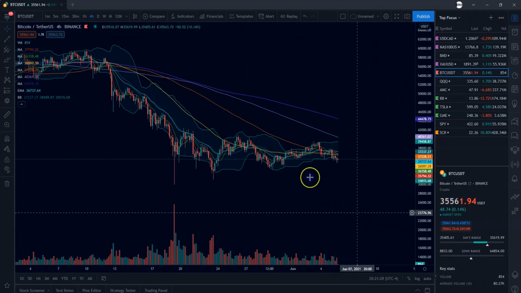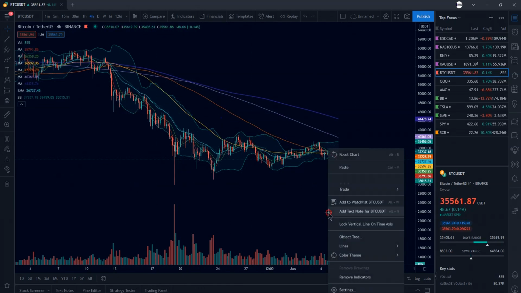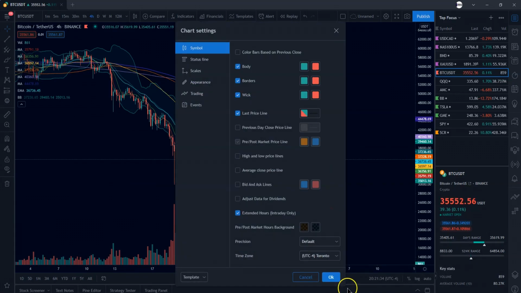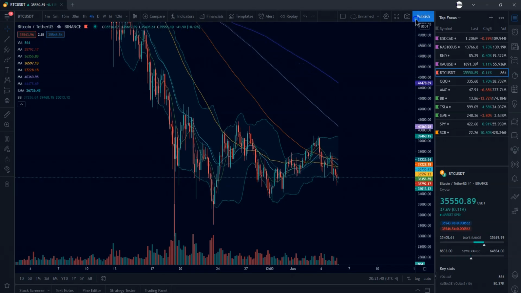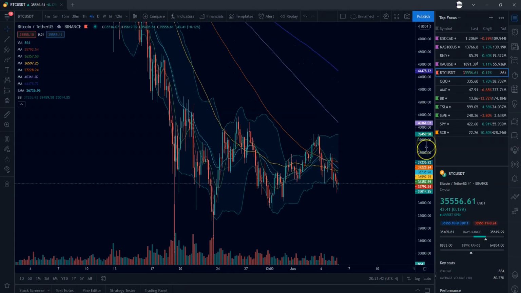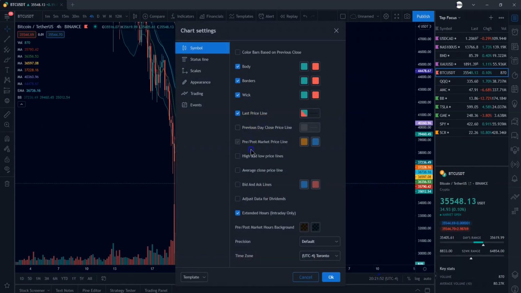Now you can change so many other things. You can make the lines dashed and stuff like that. I forget exactly how to do that, but I'm sure it's somewhere in here. And you can see the price lines as well. So it's telling you right over here, this is the 150-day moving average. It's 40,361. This is the 200-day moving average. It's telling you on the side. Where you can turn that on or off is